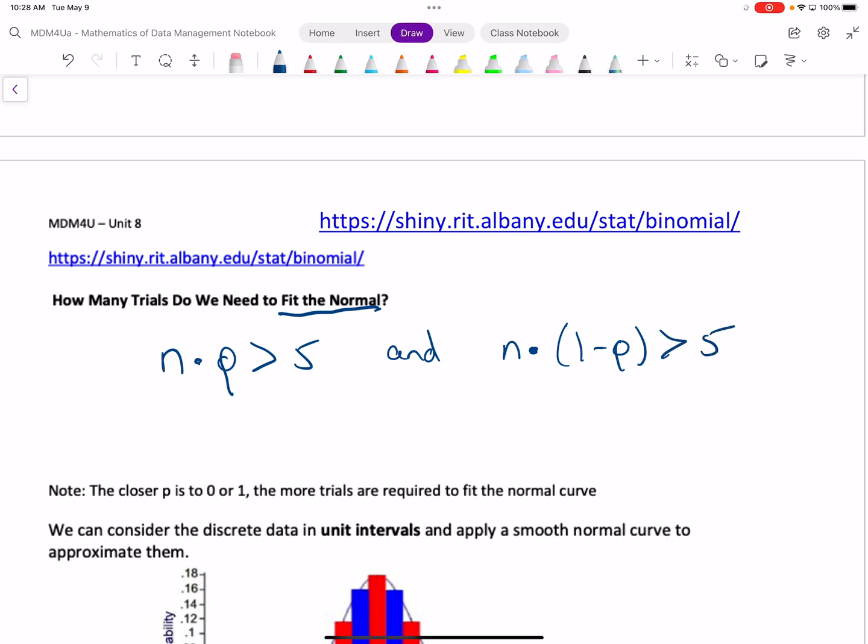This is a general rule in stats that you say a lot of things have to be greater than 5. Statistically, it works out somewhat well. So these are the tests that you would have to check to make sure that your binomial fits the normal distribution. So if the two conditions are met,